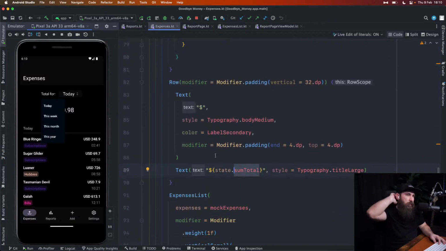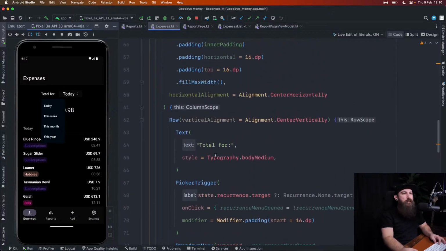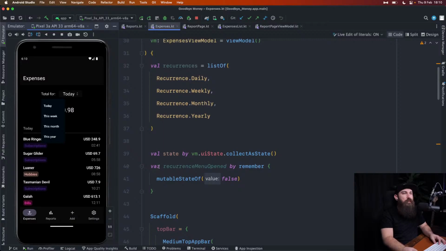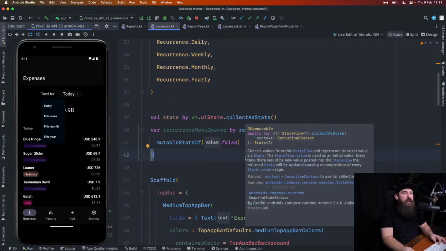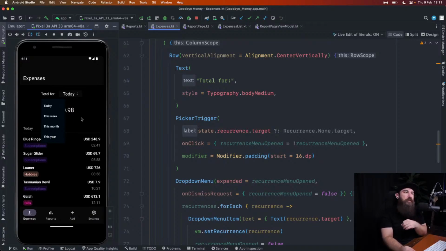We already have this sum total. That's good. So the only thing we want to do is move the recurrence menu opened, probably into the view model. And then when we change the recurrence, or the period, for example this week or this month or this year, we're going to filter out all of the